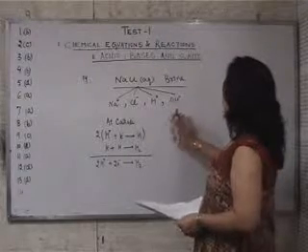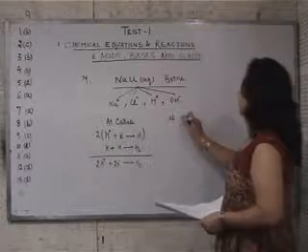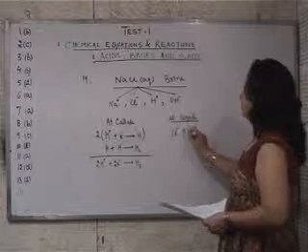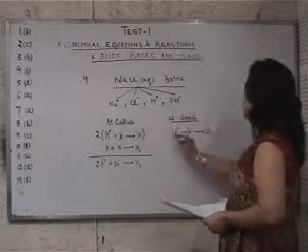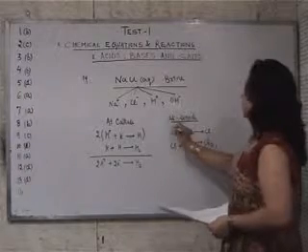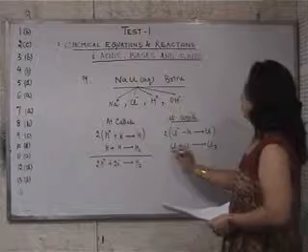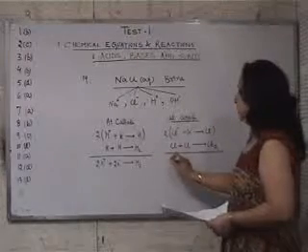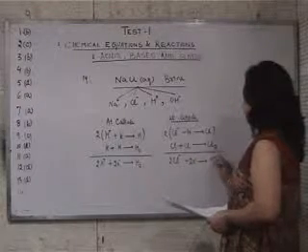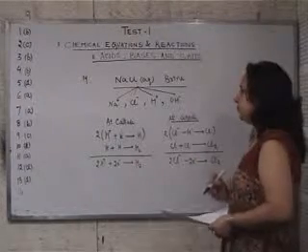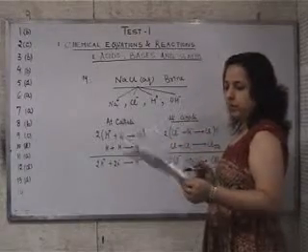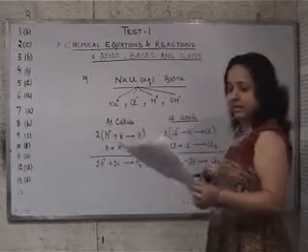Now at anode, chloride will go. At anode, this is chloride ion that is liberated. Cl negative minus 1 electron, we get Cl. Cl plus Cl is Cl2. Multiply first reaction with 2, then add the two reactions. This becomes 2 Cl negative minus 2 electron. Cl2 is formed. It means hydrogen gas is formed, that is your B option. Chlorine gas is formed, that is your A option.